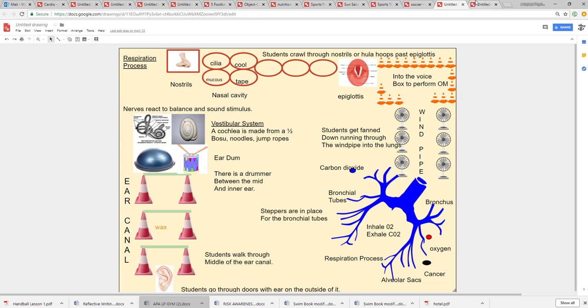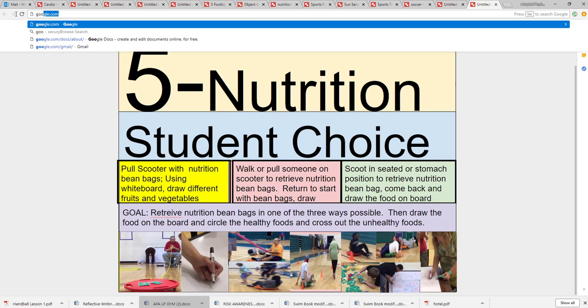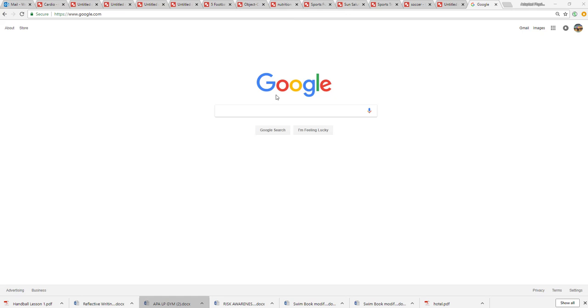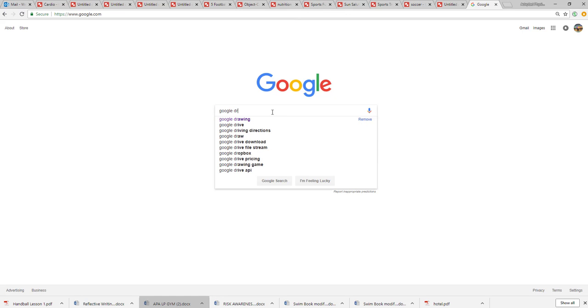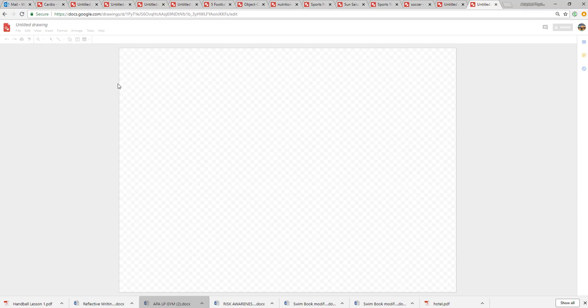create a Google Drawing. So for example, let's just go to Google, and then what you're going to do from here is just put Google Drawings, okay? You're going to create a diagram and a chart, and all you're going to do is pretty much lay out, maybe you have many different options. I want you to be as creative as possible, so I don't want to limit you by telling you that you need to create